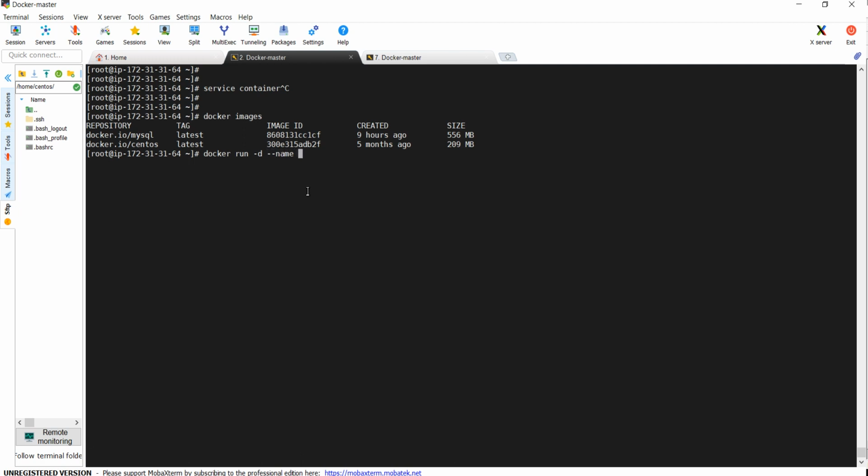Hyphen hyphen name mysql-container, and I am using the image mysql:latest, and I need to specify the root password also, minus e.